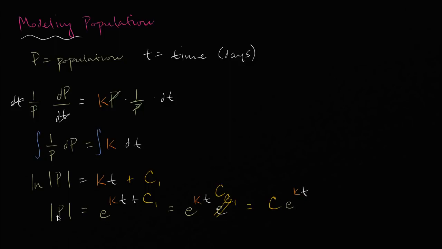And if we assume our population at any given time is positive, then we could get rid of this absolute value sign. And we have a general solution to this, frankly, fairly general differential equation. We just said proportional. We haven't given what the proportionality constant is, but if we assume positive population, the population is going to be equal to some constant C times e to the kt power. The reason why I said that you've seen this before is this is just an exponential function. It's very likely that in algebra or in pre-calculus class, you have modeled things with exponential functions, and my guess is that you've modeled things with